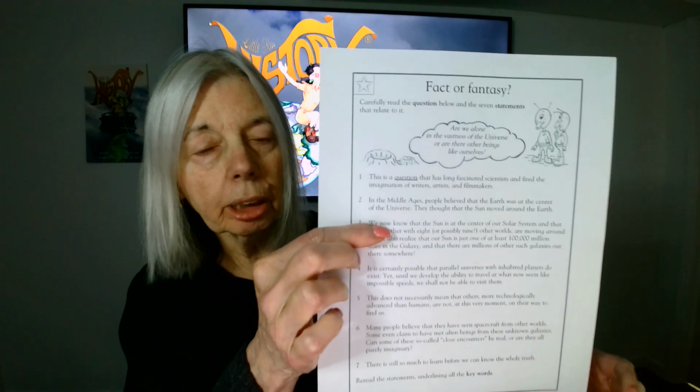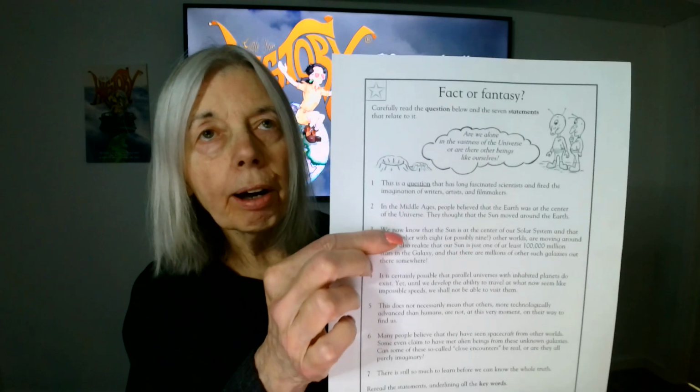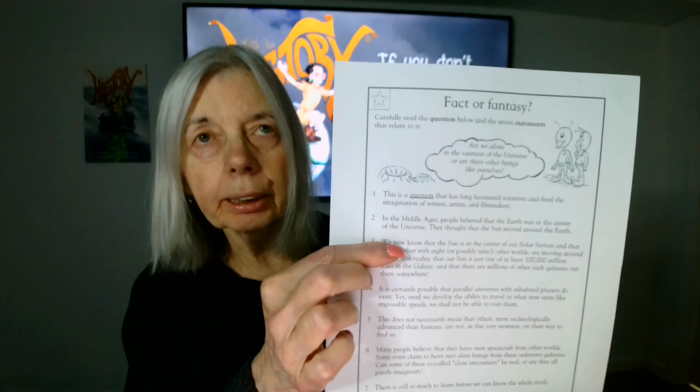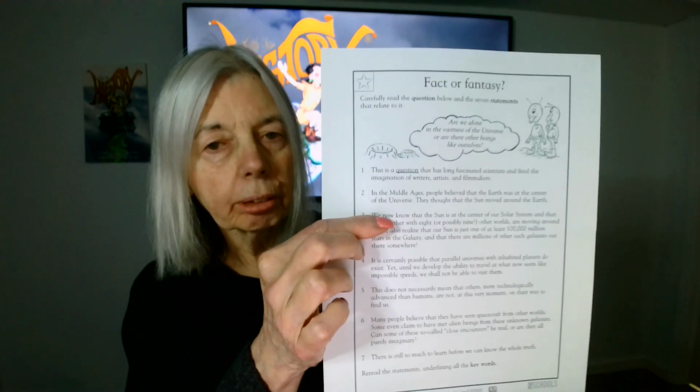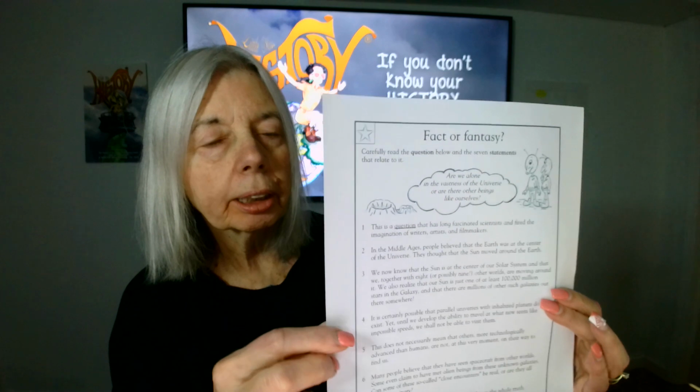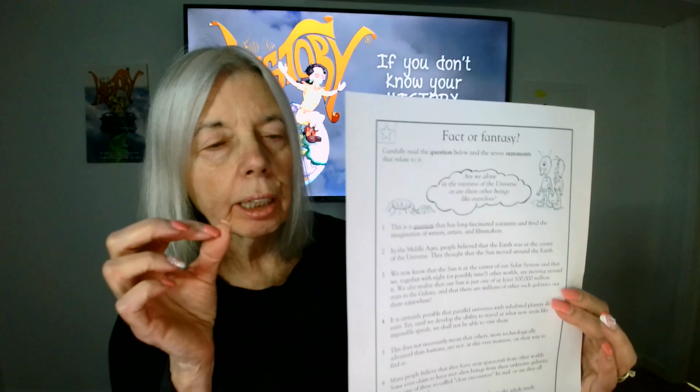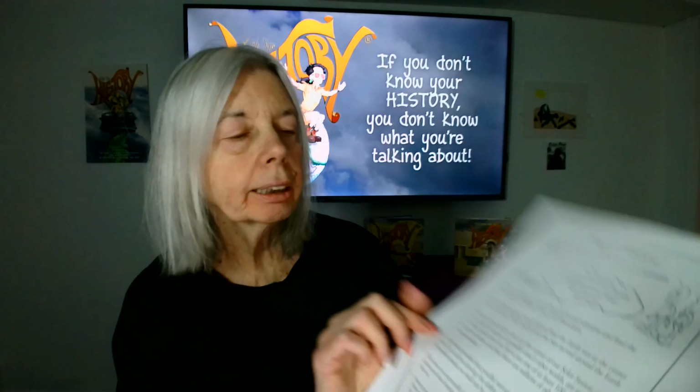Make sure the student understands a fact is something that can be proven true, while a fantasy is something that exists in our mind. It may or may not be real. So the student will read each of the sentences and underline a keyword that gives them the clue to the answer. For instance, number 1 says, "This is a question that has long fascinated scientists and fired the imagination of